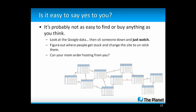And this is from Fortune 500 corporations to small businesses, one of the most overlooked things in marketing. Start with that Google data. Sit there and look at those conversion paths. See what pages people are looking at. See what pages they're leaving your site from. That's all really good stuff, but I would encourage you to get someone to sit down in front of a